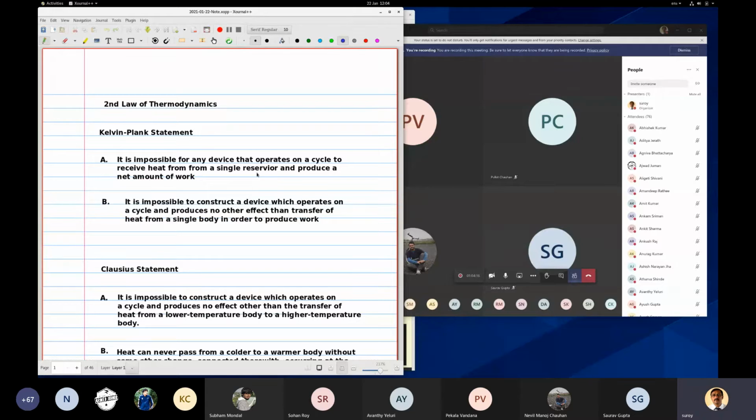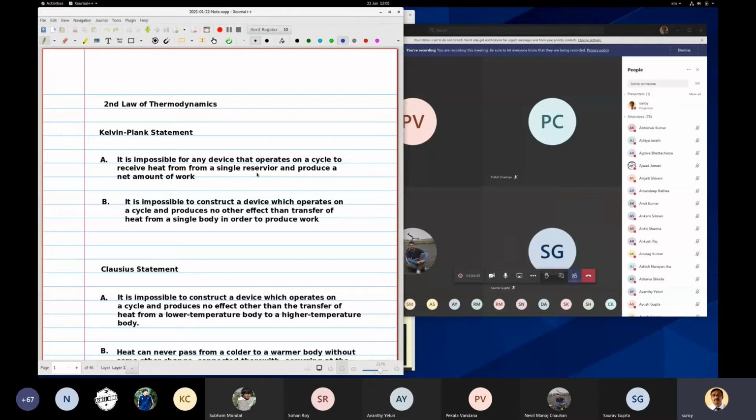So, the second law of thermodynamics. There are different statements of the second law of thermodynamics. One of them is the Kelvin-Planck statement. It says that it is impossible for any device that operates on a cycle